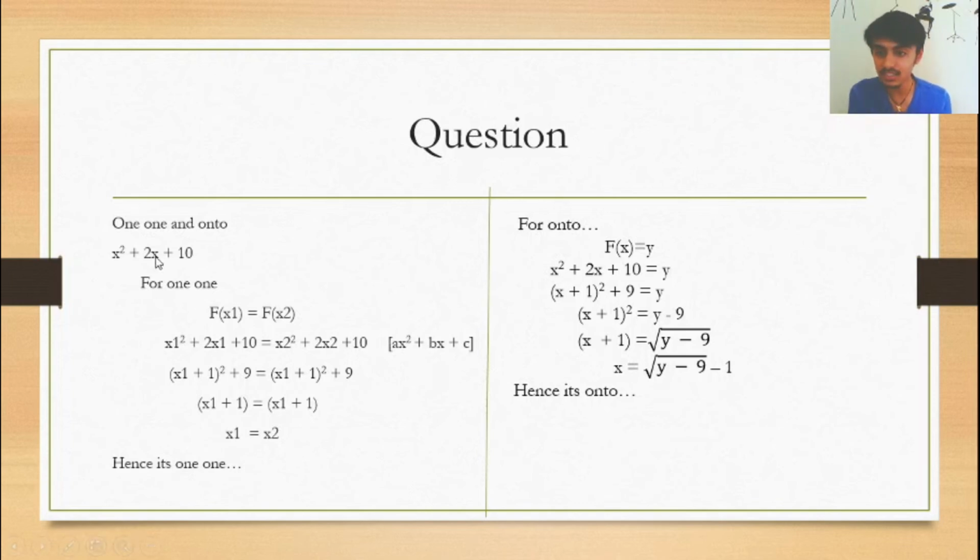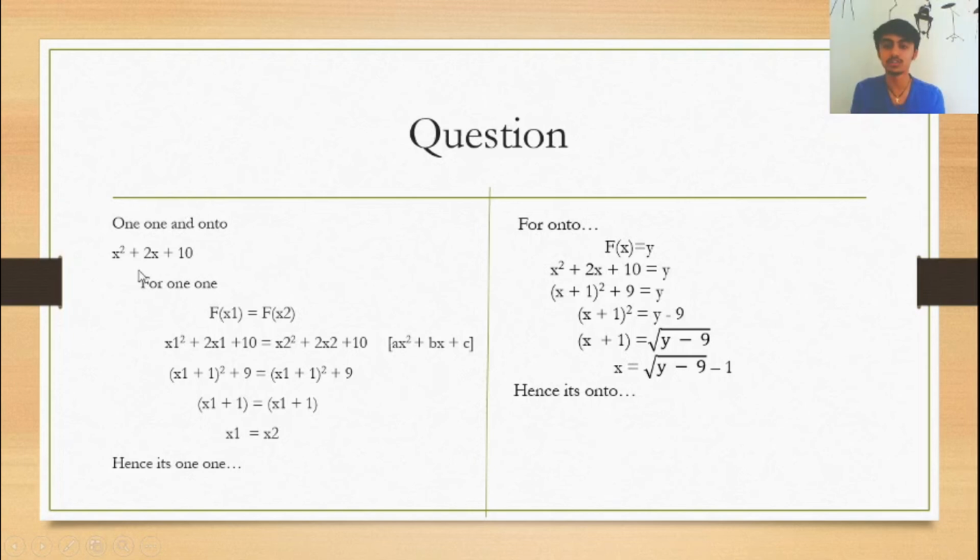In the exercise, the questions are only for x to the power 1, not x square. Whereas x square is important because many a time it is hard for the student to solve for x square. So I have taken the x square one. If you do the hard one, the easy one would be just like slicing a cake. It is very easy. So let's see whether this function x square plus 2x plus 10 is 1-1 and